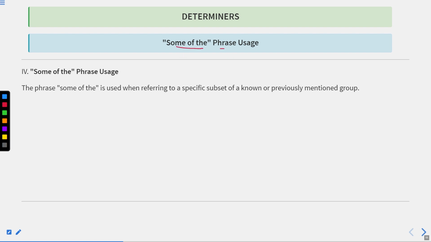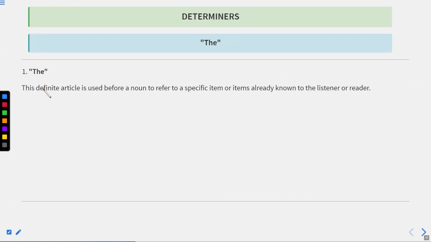Some of the phrase usage. When we use some of the, this is a phrase usage. The phrase some of the is used when referring to a specific subset of a known or previously mentioned group. When we talk about some of the, it refers to a specific subset which is known or previously mentioned. Suppose there is a sentence in which we have previously mentioned a group, and we are talking about some of those quantities which are there in that part. For example,